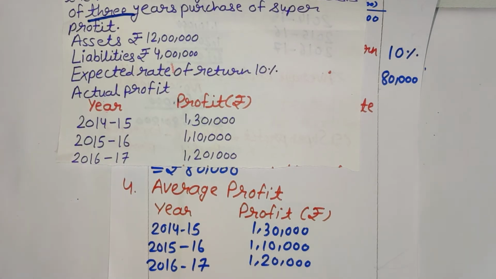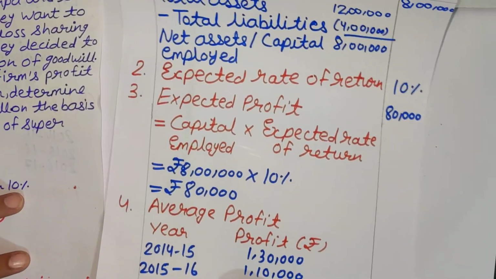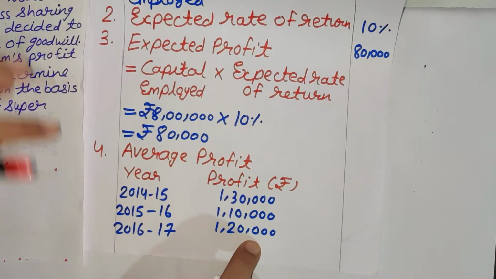We have already discussed in the previous online teaching and learning session that if we want to calculate the average profit, then we have two methods. First is the simple average profit method and second is the weighted average profit method. When there is fluctuation in the profit, an increase or decrease, then we will use the simple average profit method. And if there is an increasing or decreasing trend of profit given, then we will apply the weighted average profit method.